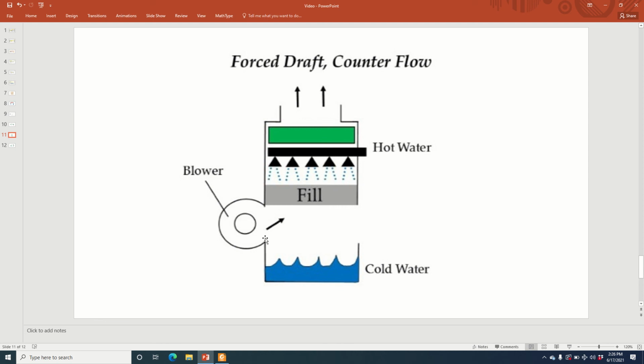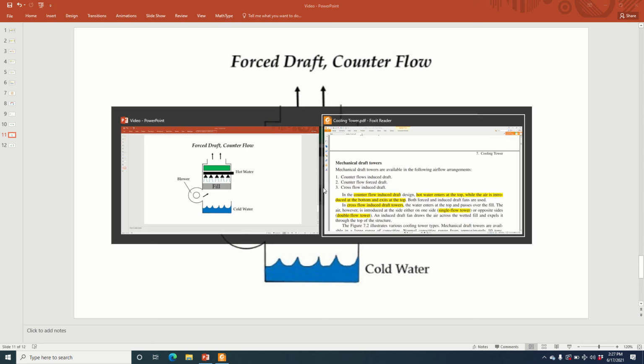So air is blown with a positive pressure at the bottom, and it flows upwards, and the rest of the operation is similar. Only the air direction is now from bottom to upwards with a positive pressure, and then I will explain